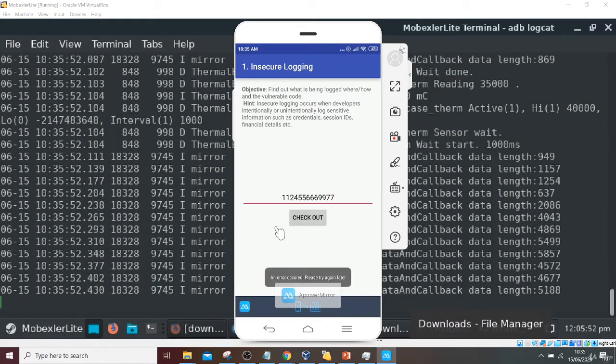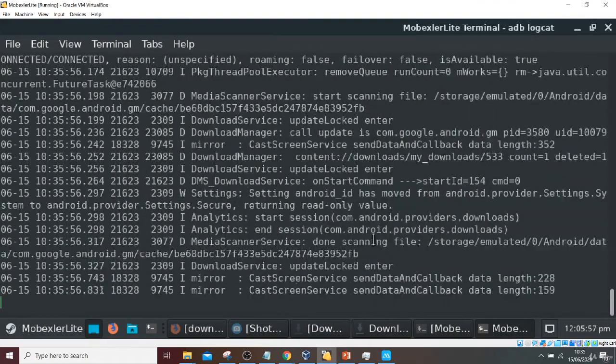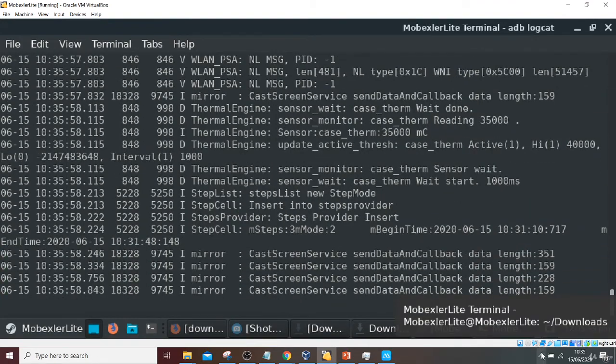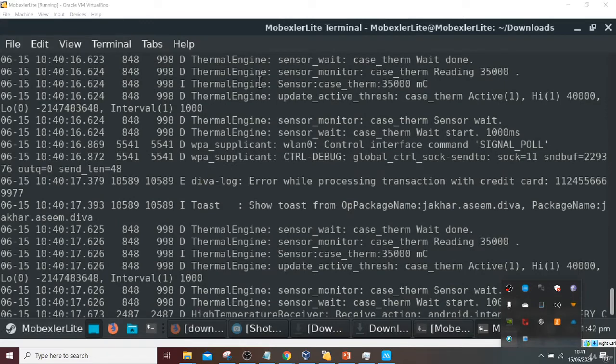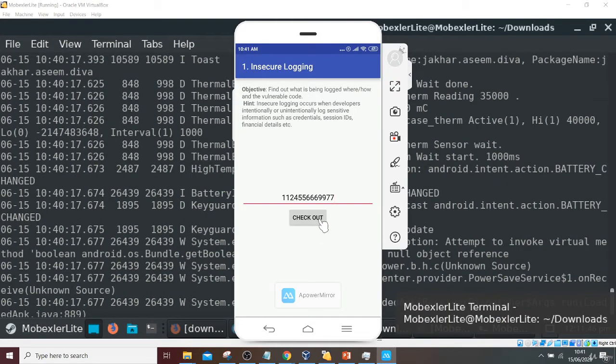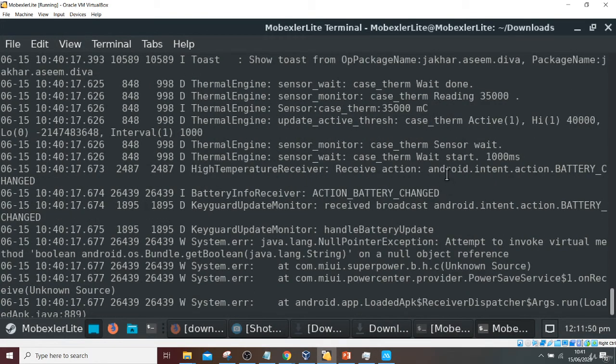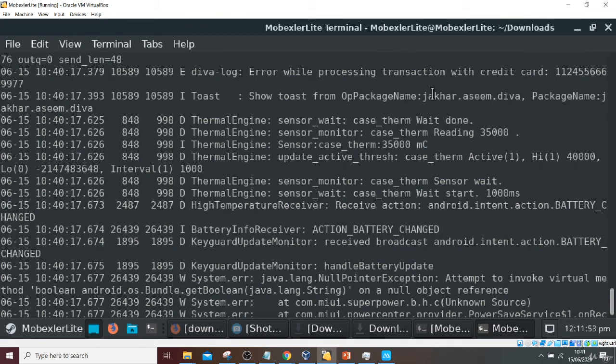An error happened. Okay, so let it complete because it will take some time in getting all the runtime logs. As you see here, whenever this error comes out, there is a log captured here, and if you go to the logs of this runtime error, then you can find out that yes, this is an error while processing transaction with credit card and this detail.